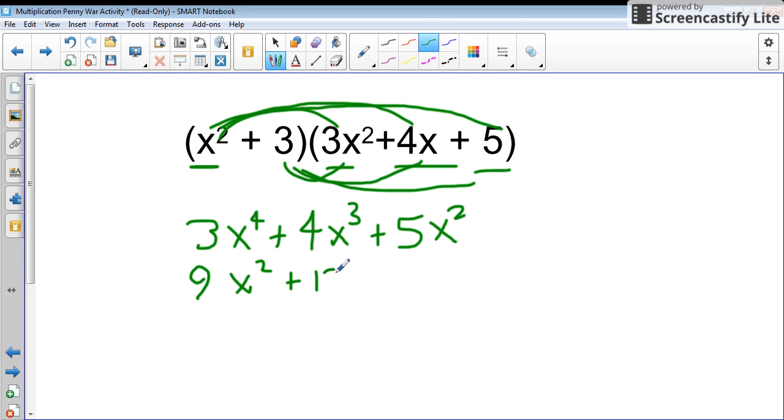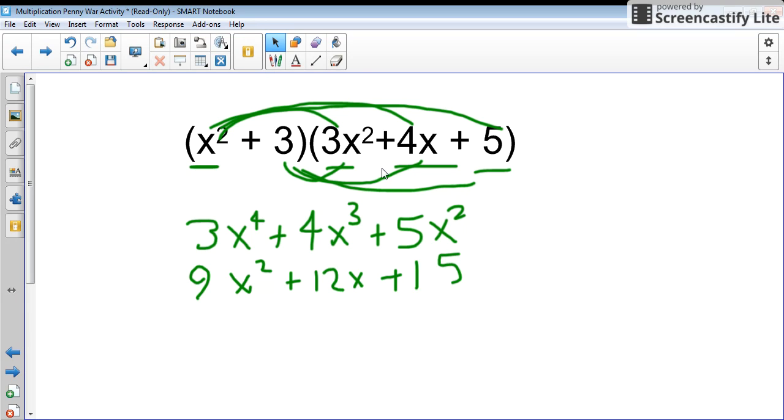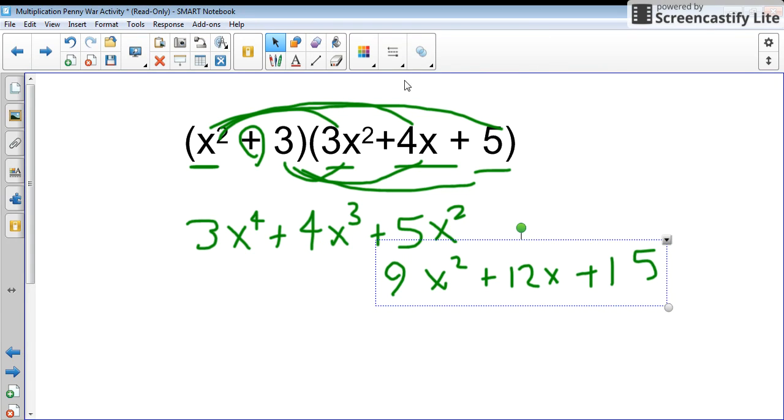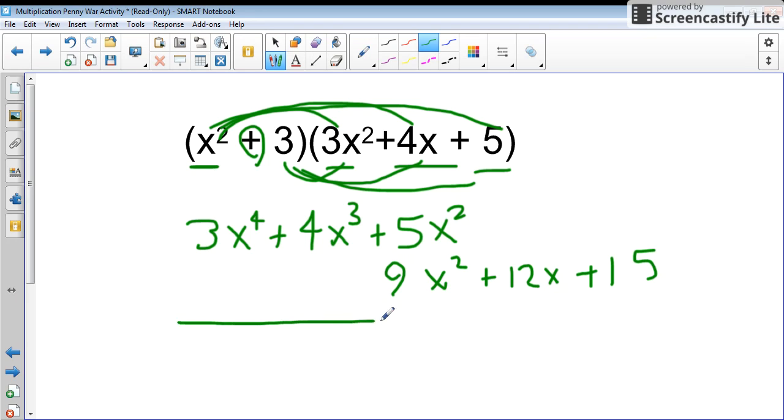Plus 12x plus 15. And now what you're going to notice is actually I have a whole lot of things being added together. In fact, these two polynomials, because of this sign right here, I'm actually going to be adding these together too, which is a problem we did earlier in the week. And so I'm going to realign this hamburger style and actually add these up just as they appear. And I get